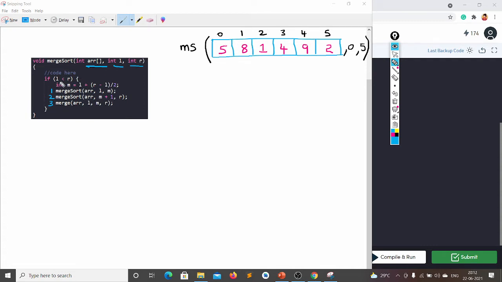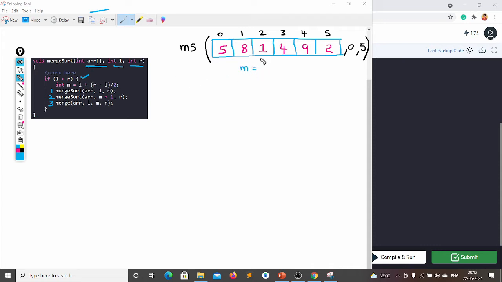Okay, if L is less than R, yes, 0 is less than 5, it is true. What will happen? I'm calculating M now.